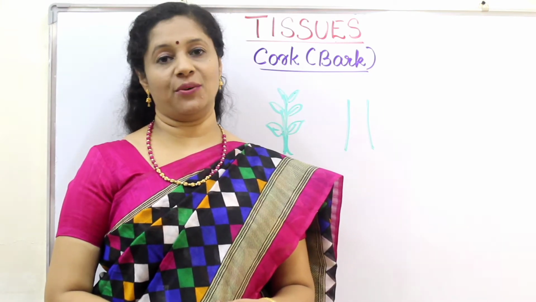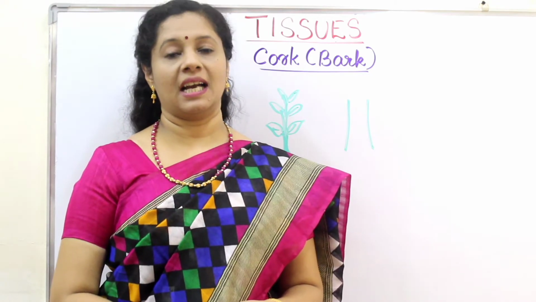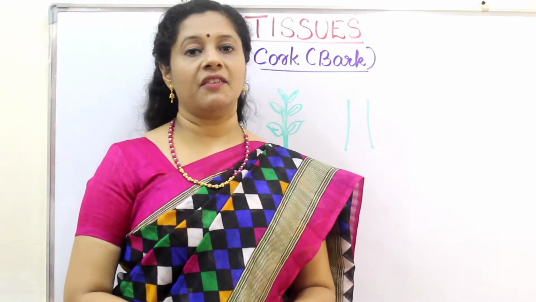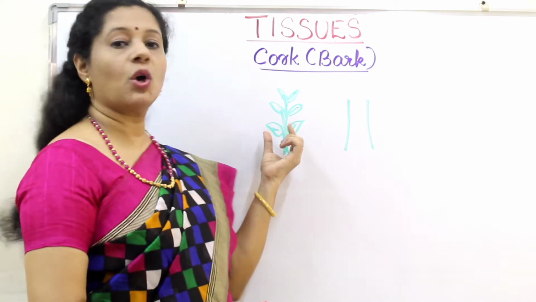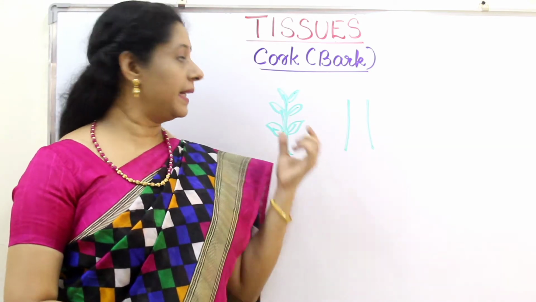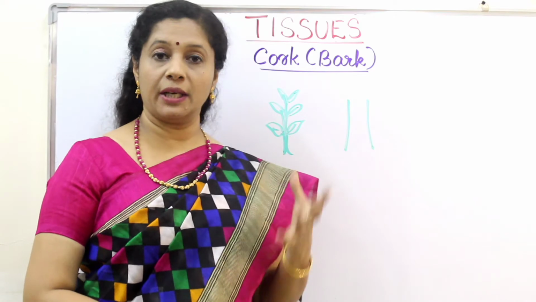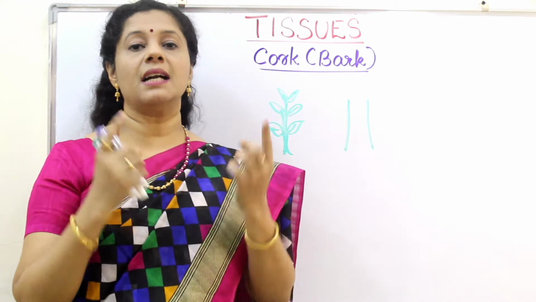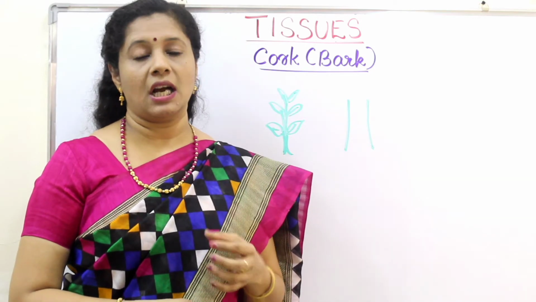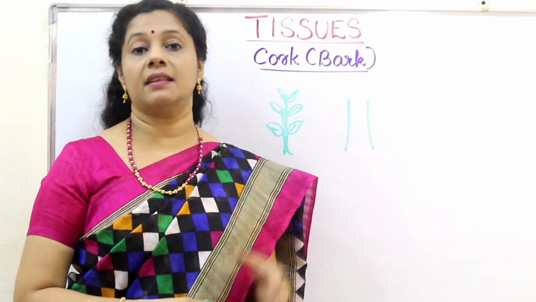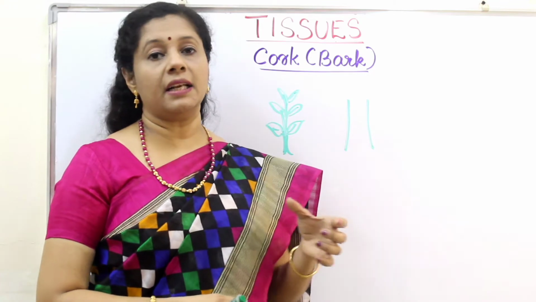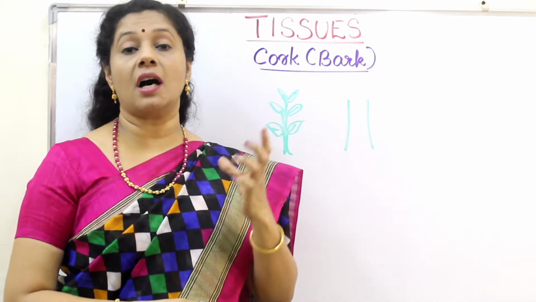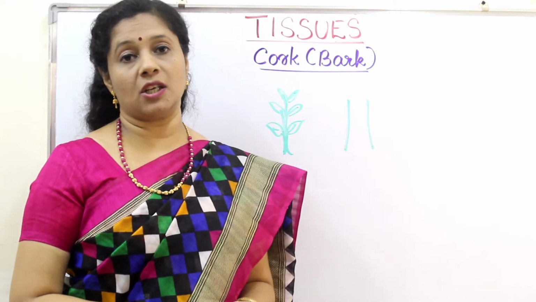In the previous video, we learned up to epidermis and we covered simple tissues. After that, up to epidermis and its modifications. We know epidermis is the outer covering of small herbaceous plants. But when the herbaceous plant becomes a woody trunk, certain changes take place. That means the single layer of thin epidermis might rupture and a multi-layered cell will take the place of that epidermis. Then it forms a structure called cork or bark of a tree, which is the outermost hard covering made up of multicellular structure.